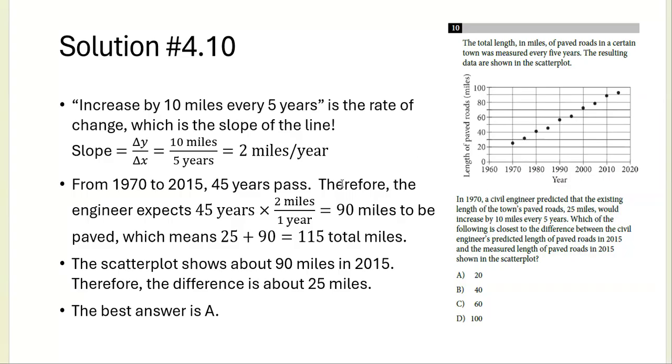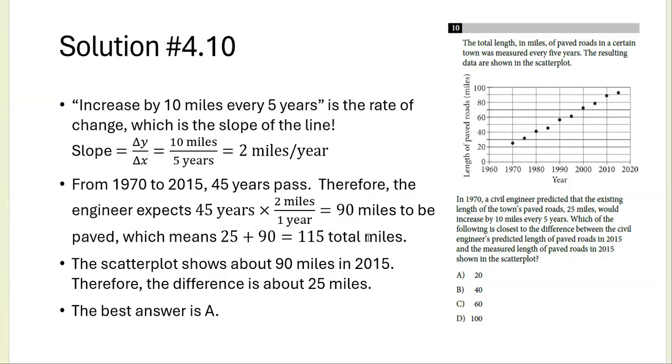In 2015. So from 1970 to 2015, how many years is that? That's 45 years. So we're going to use the slope: 45 years times 2 miles per year. So the engineer's model predicts that in 45 years, 90 miles will be paved. Which means that since there was the initial 25, and we add 90, there's about 115 total miles of